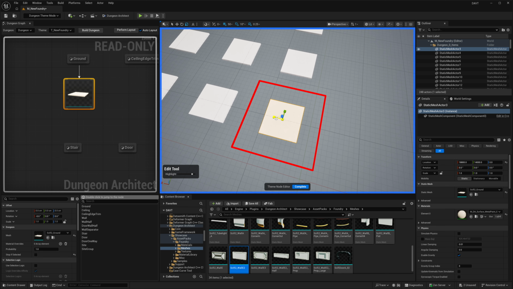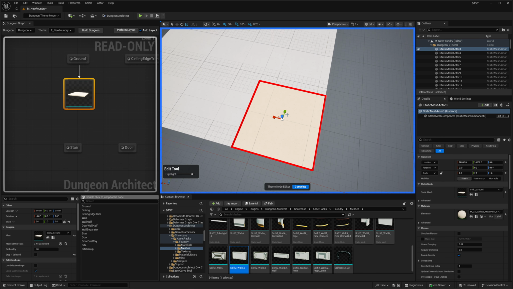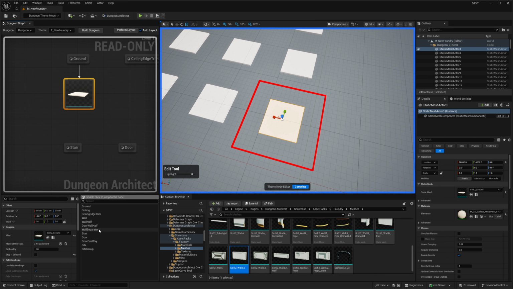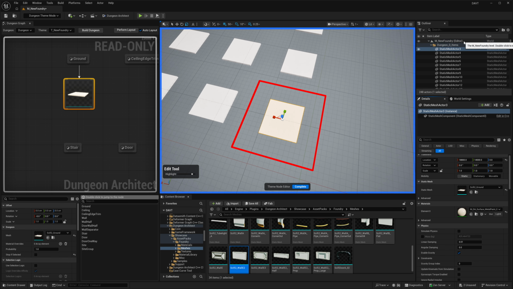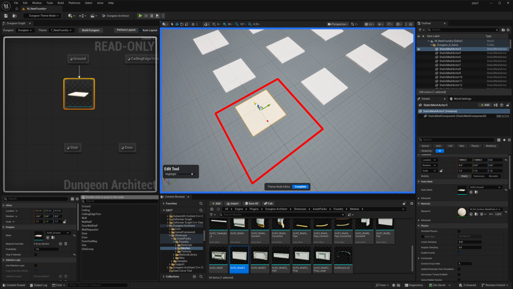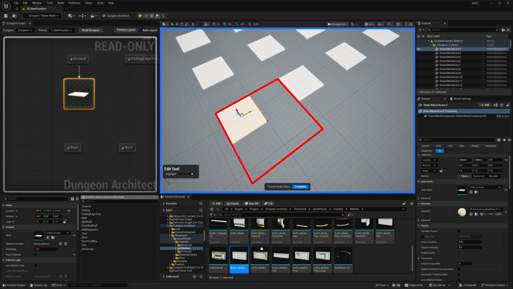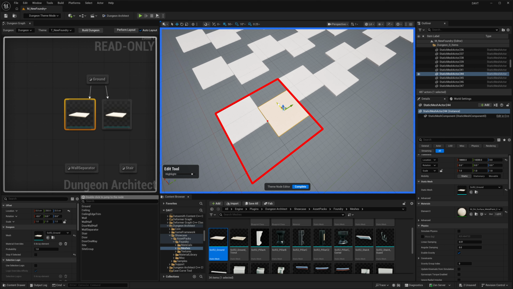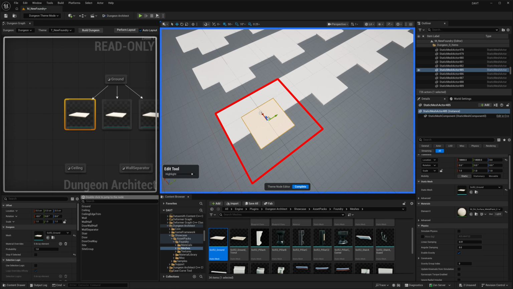So now I can either scale this, or, if you want to modify the node settings, you would do it from this details panel, not from this one. This belongs to the level editor, and you'd be just modifying the actor settings, not the node settings. So what we would do here is instead of scaling this up, we want to use 4 of these. So let's put this here, drop in another ground, one more,